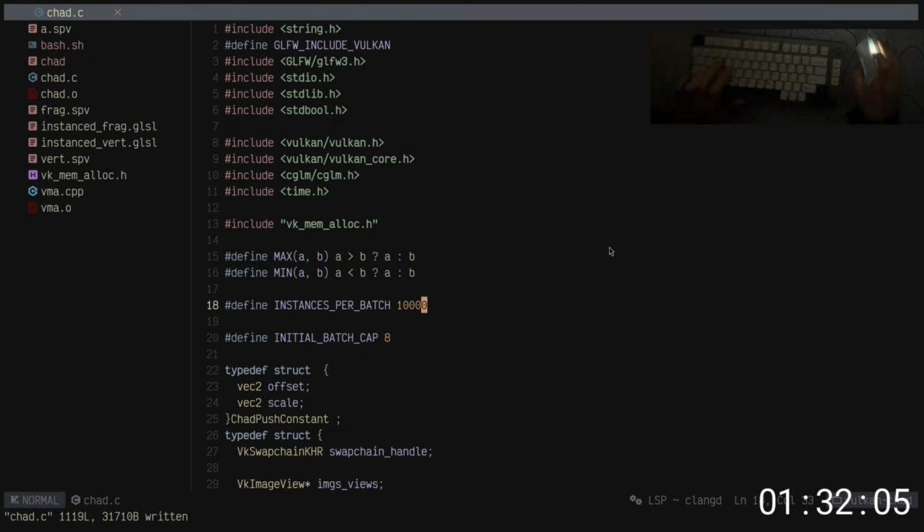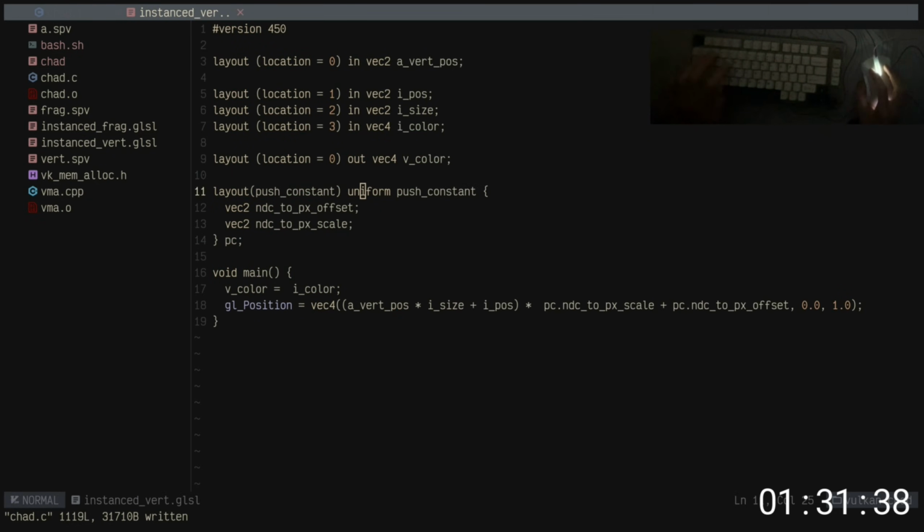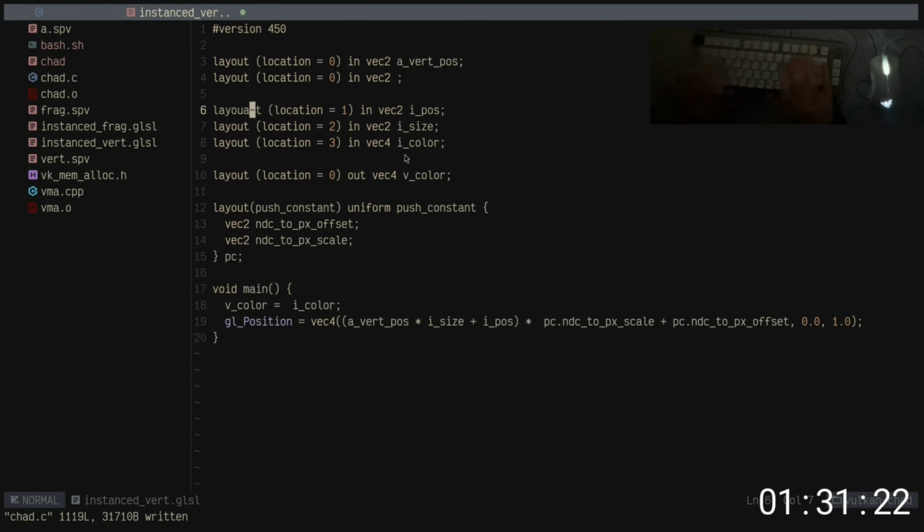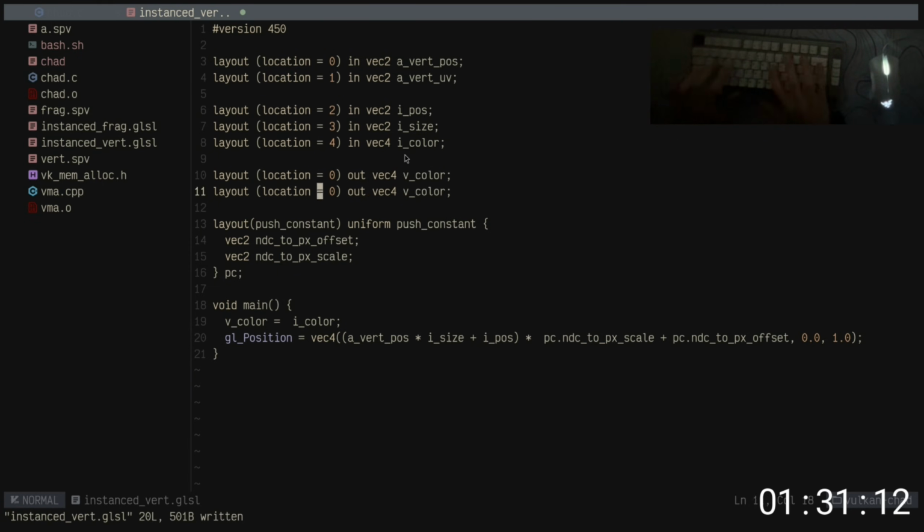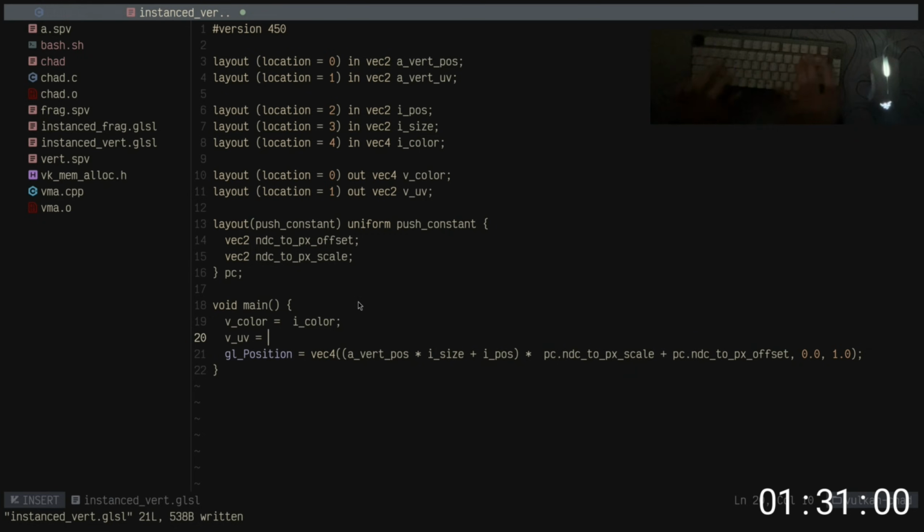we need to create the texture. Okay, first we need to make the shader changes. So yeah, let's do that. So basically, let me think. We will definitely need a vert UV per vertex. This is going to be 1, and this is then going to be 2, 3, 4, and then we need to say out vec2 vUV, and then we say vUV equals aUV, vert UV, and then in